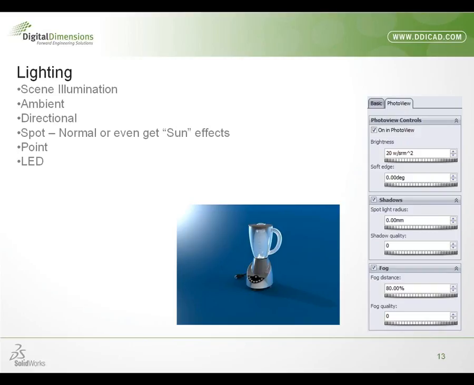Okay, so when I brought in that kitchen environment, we actually did the scene illumination. That's essentially a great way of bringing in a sun effect and that type of thing. This is also a spotlight turned on in the background. Ambient is just regular light, not directional. Then you have directional to get into specific areas, for general but more specific. And then you get into the spotlights, which get into more of the